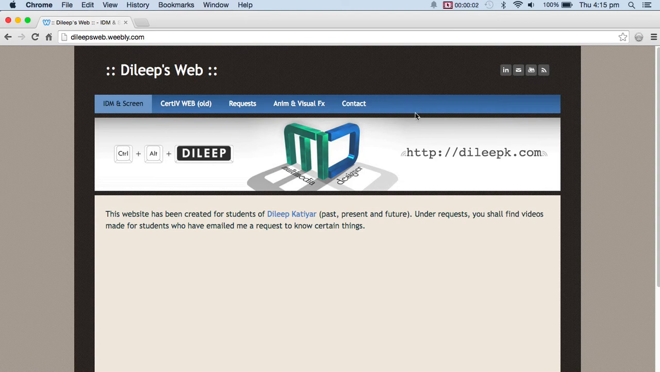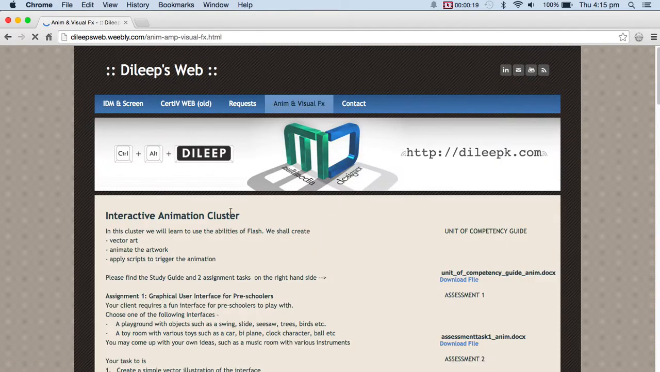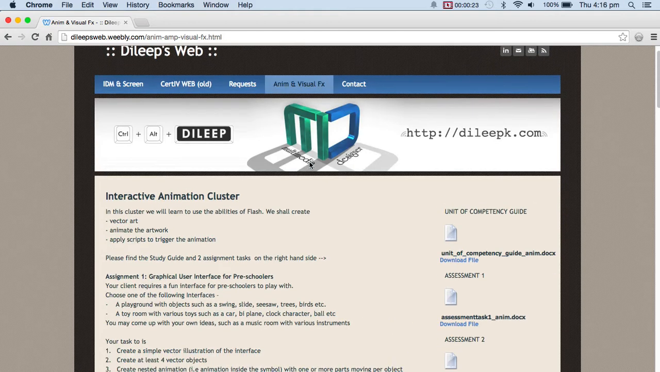So we are now going to attempt the second part of this class, which is to create a visual effects sequence. We will use the software After Effects for it. So if you go to the section on my website, dileepsweb.weebly.com, if you go to anim and visual effects, you'll see that I have descriptions about the cluster on top,